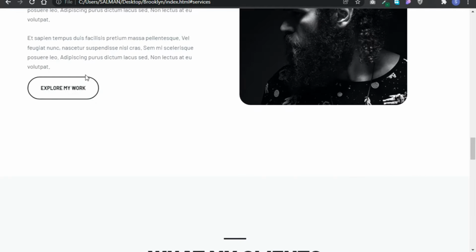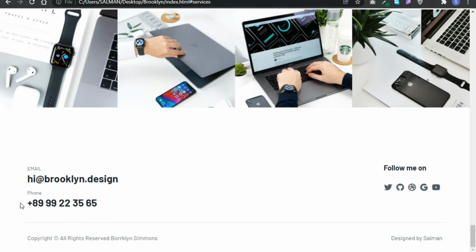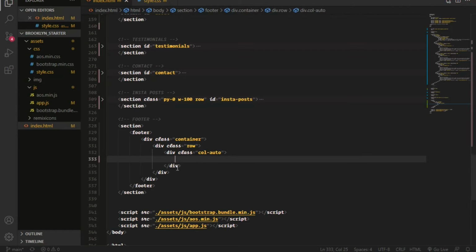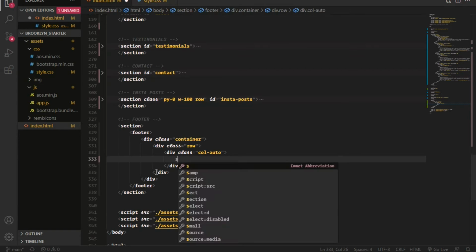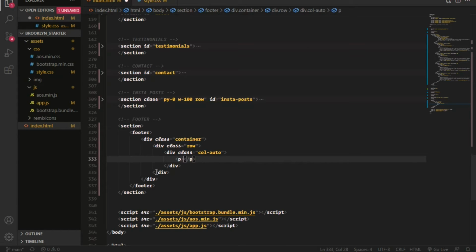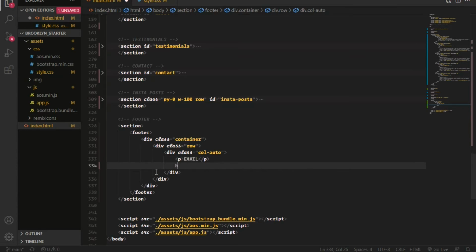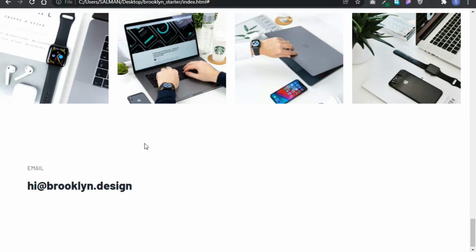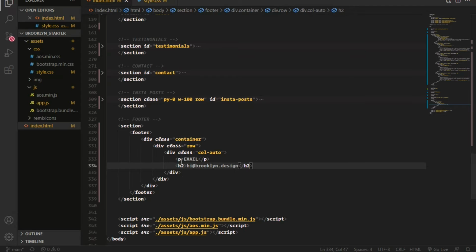So in the first column I have email and phone number, so I'm gonna copy this email. So I'm gonna put paragraph text. I'm gonna type email, and I'm gonna place the email here. I'm gonna save it and refresh the page, and I'm gonna remove the padding bottom from the email, margin bottom 0. Okay, I'm gonna wrap this inside a div,